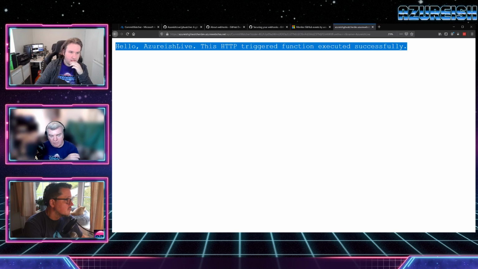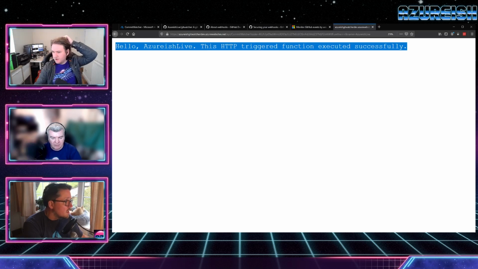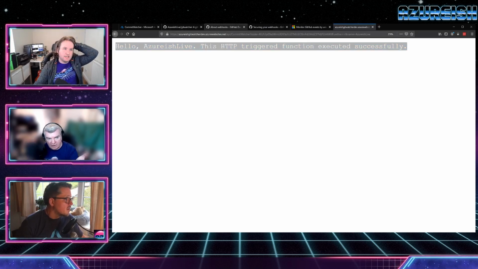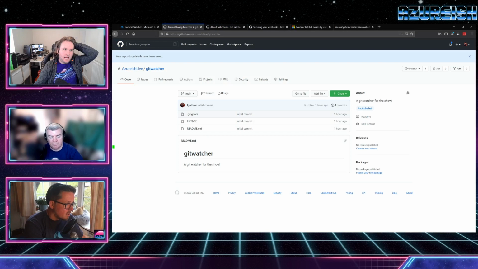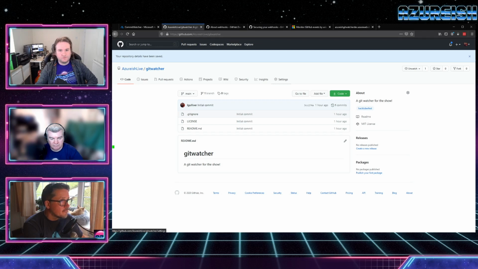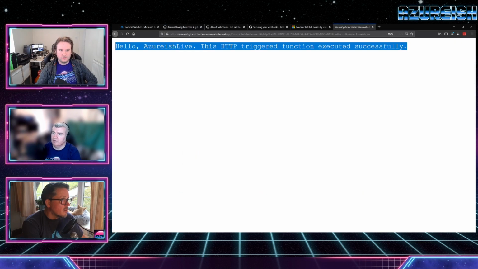But when we commit to GitHub and it hits that webhook, what are we going to see? We're not going to see an output, are we? Of course, but we can see it in the log. Actually, from diddling around with this a little bit before, I think you can get the response back in GitHub itself to debug your webhooks. Oh really? Okay. Well, let's have a look at that then, shall we?